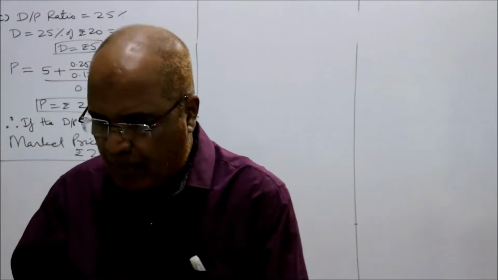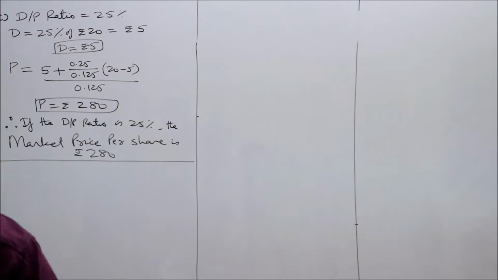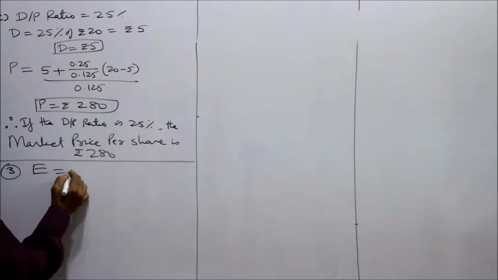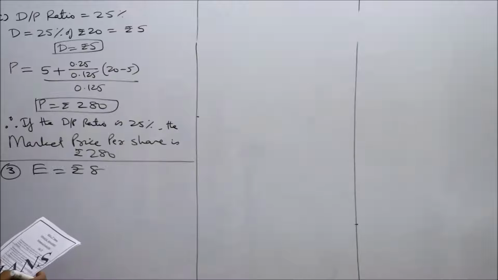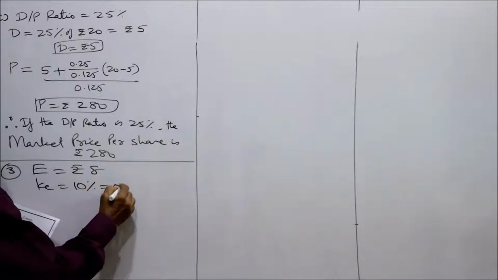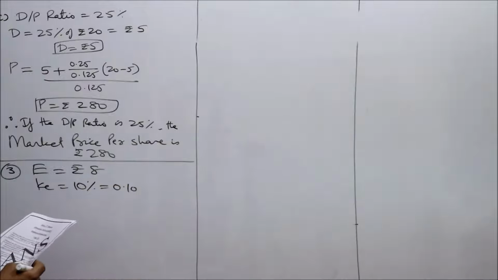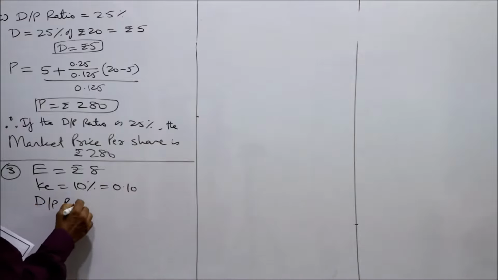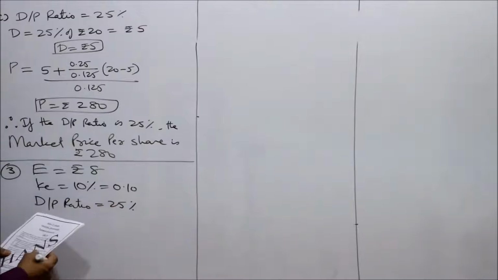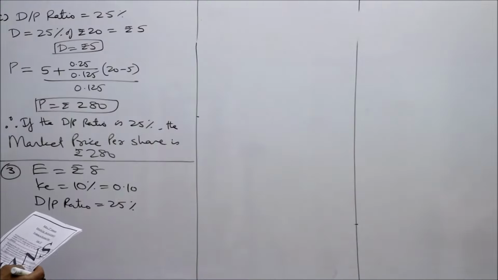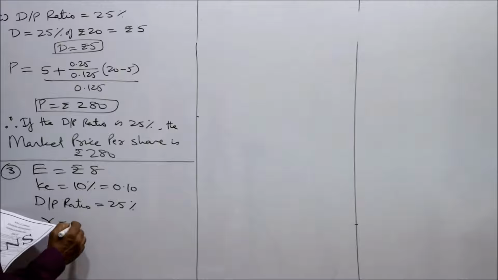Now see the third problem, problem number 3. The EPS of a company is rupees 8, and the rate of capitalization applicable to the company, KE, is 10%, and the company has an option of adopting the payout ratio of 25%. So DP ratio is equal to 25%. Using Walter's formula of dividend payout, compute the market price of the company's share if the productivity of retained earnings are